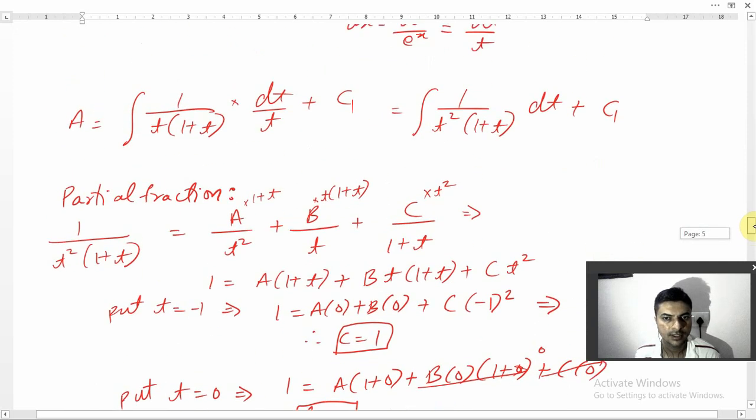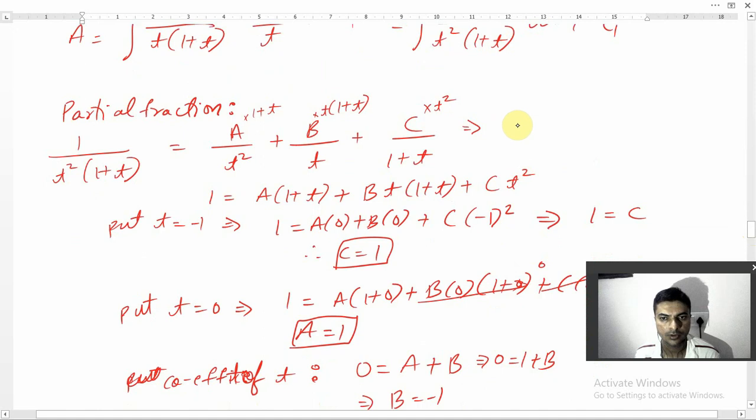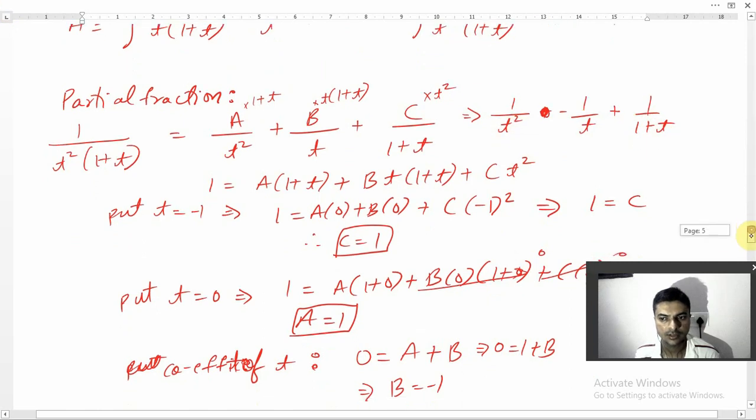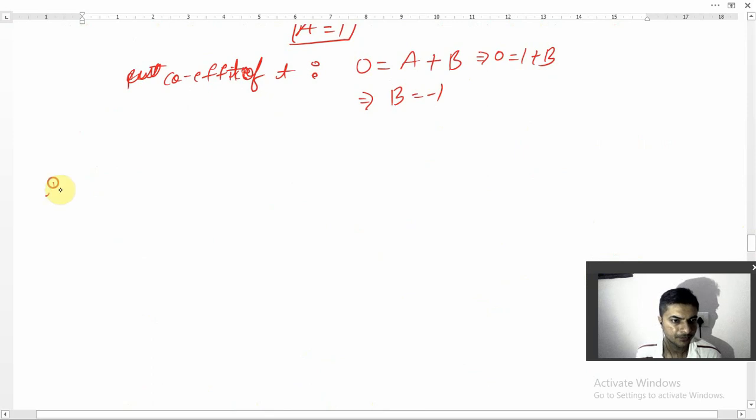Directly I am going to put it in the integration form. So this is going to give you 1 divided by t square, and b is minus, so I will just take minus 1 divided by t, plus 1 divided by 1 plus t. So this I am going to substitute in the integration and simplify this integration quickly. Therefore, I am going to get the value of a. So a is equal to integration of 1 divided by t square minus 1 divided by t plus 1 divided by 1 plus t